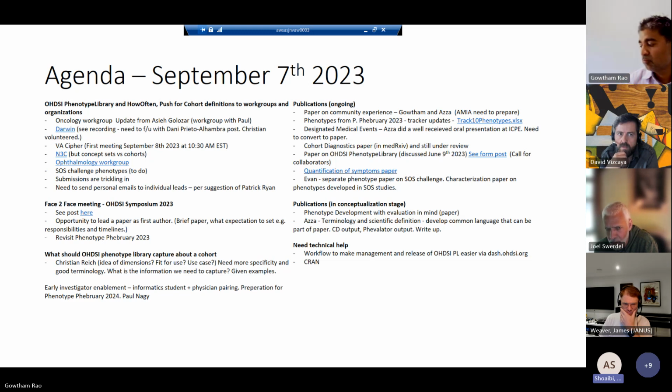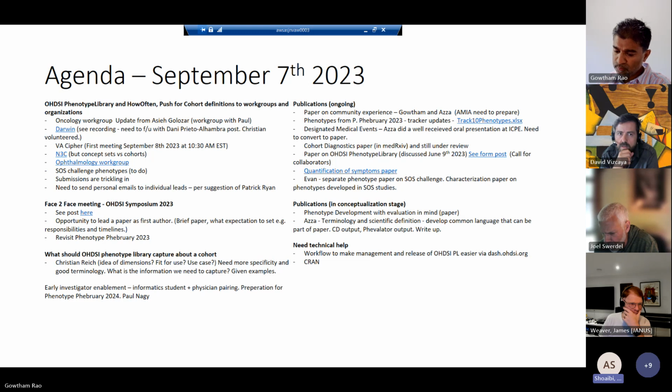Our Atlas does not support a library of concept sets. It does have a repo, but it's not well kept. It's not maintained. While our cohort definitions are JSON objects that by nature allow you to maintain them and handle them in a Git repo. So it's not easy to say let's redefine our phenotype to be a concept set without the other attributes, which are the entry criteria, inclusion criteria, and start and end date.